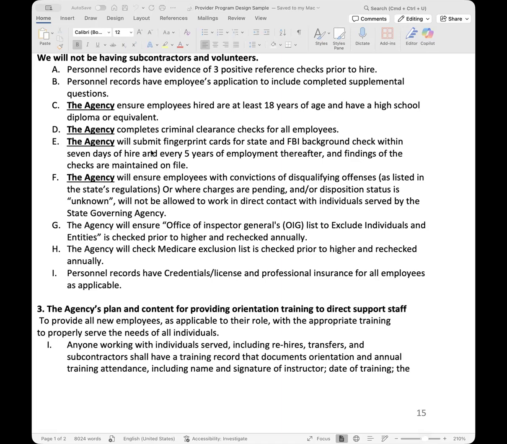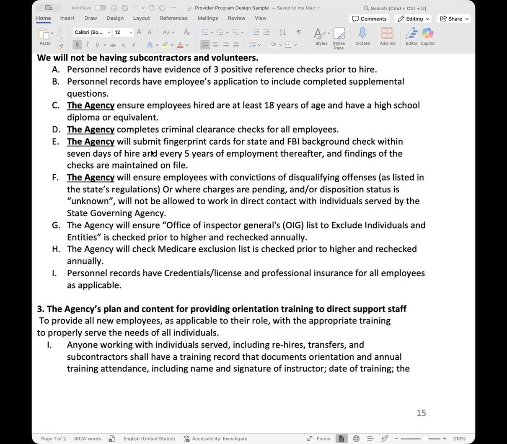So for California, they will complete that criminal clearance check for all agencies. You guys are not responsible for doing so. You guys are just responsible for providing the information. I believe they're developing a portal now where you can upload all of your employees' information.